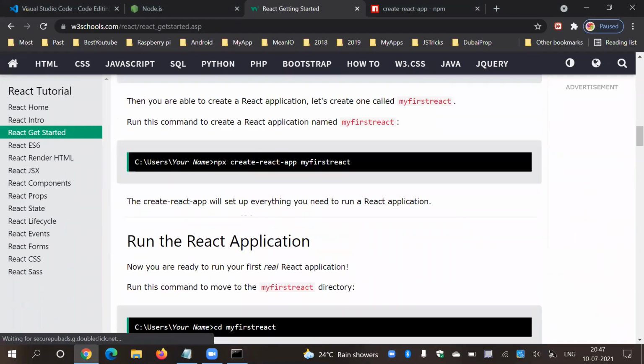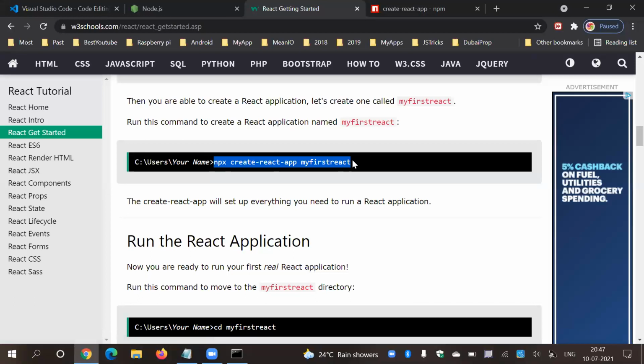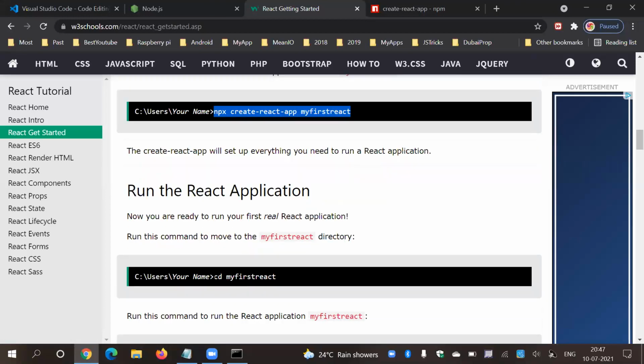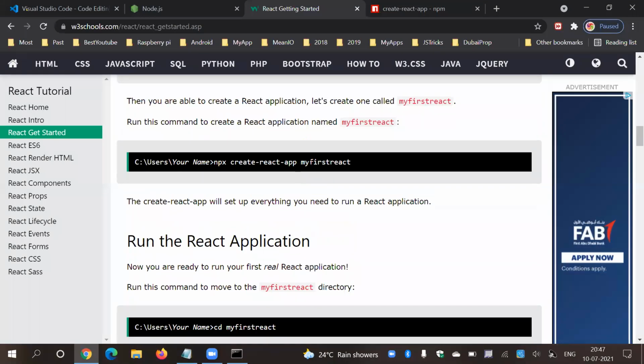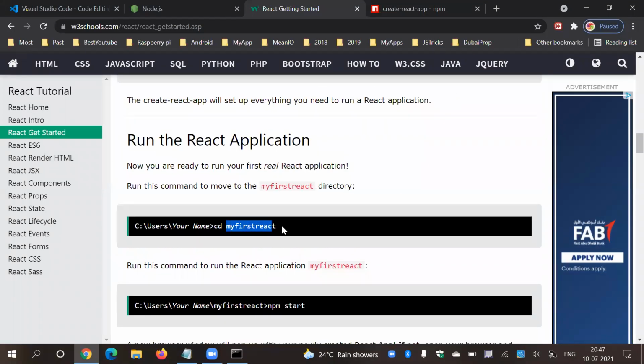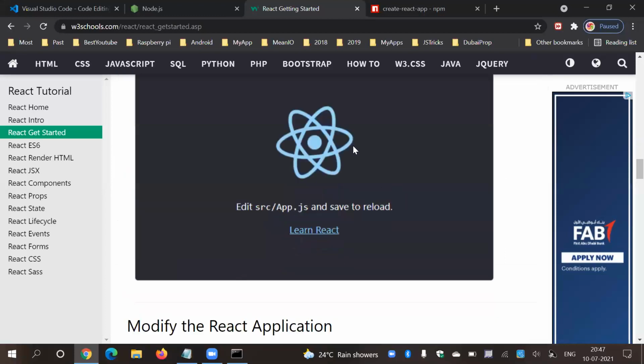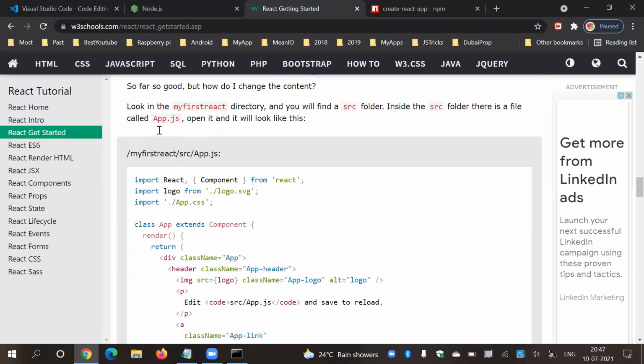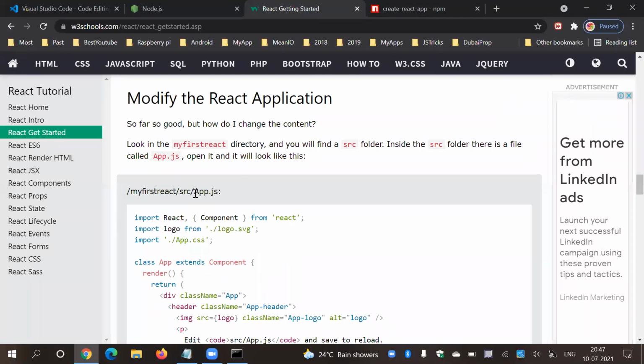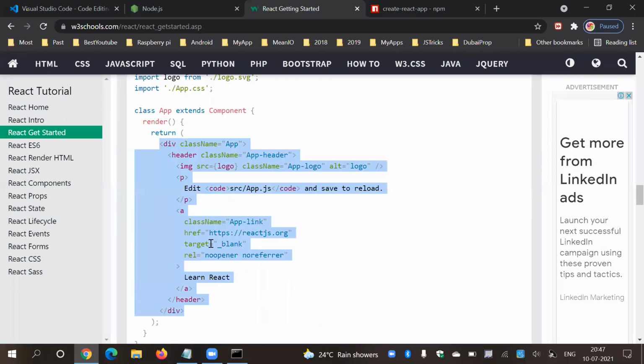Once this command is done with its execution, there will be one more directory, so cd. Now our project name is welcome app, so here it will be cd welcome-app. To start your development environment, you have to run the command npm start. Then you can access your website through localhost colon 3000. 3000 is basically the port number. And here is your first page like this. They said that you can modify your React app. Mostly they prefer to start with App.js. This is your first page. There is some HTML stuff over here.